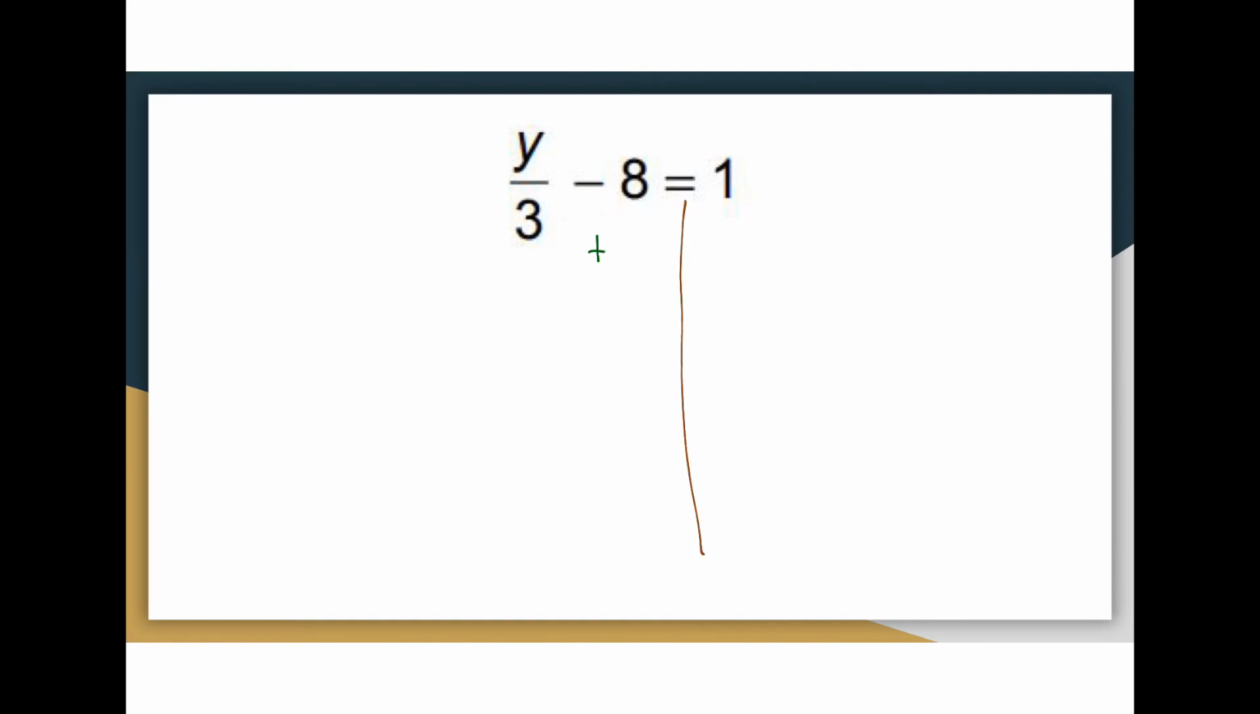So first thing I'm going to do is add 8 to both sides. 1 plus 8 is going to be 9. And then I'm left with y over 3 on the left side. Y over 3 is the same thing as y divided by 3. So in order to undo that 3, we need to multiply. Right? We do the inverse operation. If we're dividing by 3, then we have to multiply by 3. But what we do to one side, we also have to do to the other side. So I'm going to multiply by 3 on the other side as well, which leaves me with y equals 27